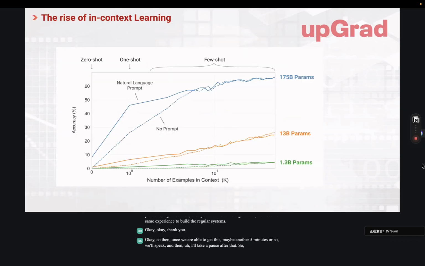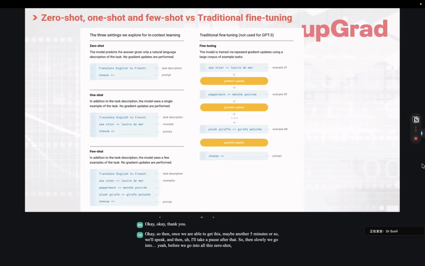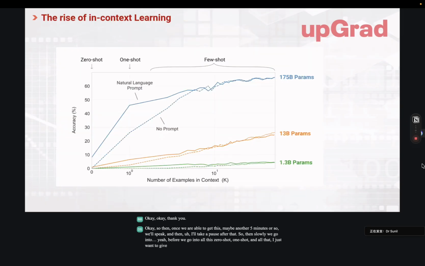So then slowly we go into, before we go into all this zero shot, one shot, and all that, I just want to give you one perspective. I used the term in-context learning already, right? In the beginning, when you say RAG, prompt engineering, and all that, there is one view I want to give, whether it is 175 billion parameters, 13 billion,